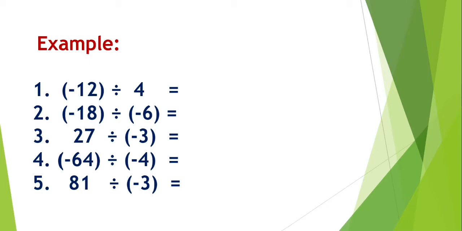So just see the first problem here. First we have to write the symbol, whether it is positive or negative. Here minus divided by plus. Already we know that minus divided by plus, so one negative and one positive integer we are dividing. So the result is always a negative integer. That means minus divided by plus gives us a negative result. And after that, do the division.